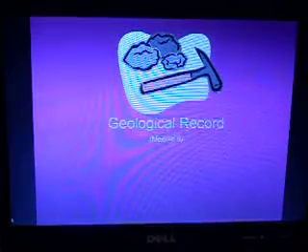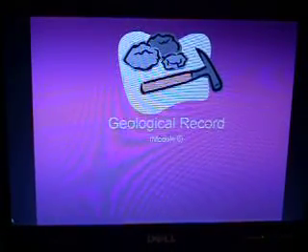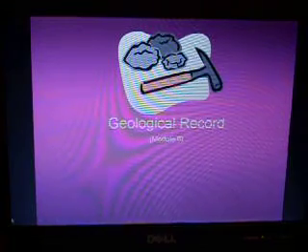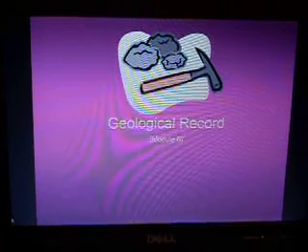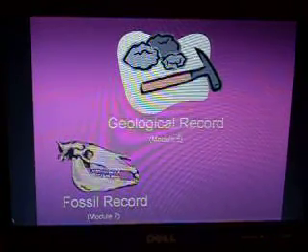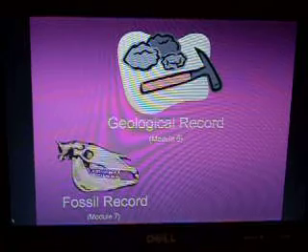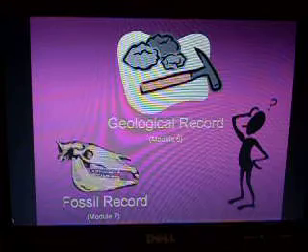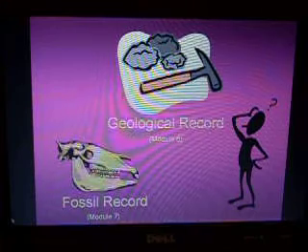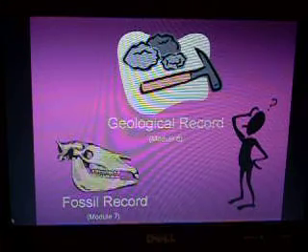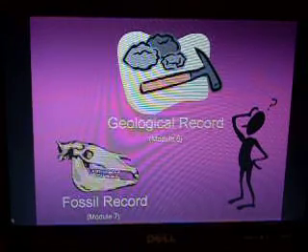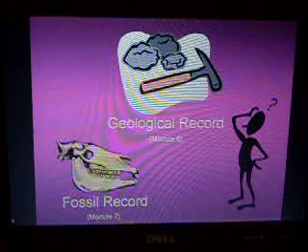Last time, we talked about the fact that this module is summarizing Module 6, which was about the geological record, and combining that with Module 7, which was about the fossil record. We're going to take a look at both of these today and see how the geological record and the fossil record give us the data to try and determine whether uniformitarianism or catastrophism fits that data better.